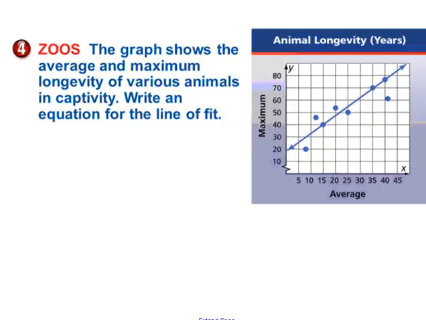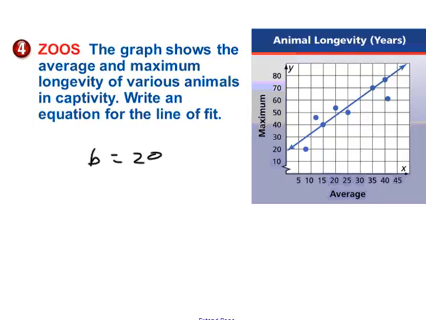The graph shows the average and maximum longevity for various animals in captivity. Write an equation for the best fit line of the line fit. It looks to me, I need to know a couple of things about this. It looks like it probably has a y-intercept of about 20. And it looks like it has a slope of, if I go over,